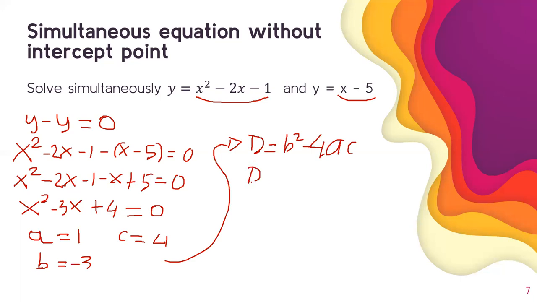So D equals 9 minus 4 times 1 times 4, which is 9 minus 16, which is -7. -7 is smaller than 0, right? It means